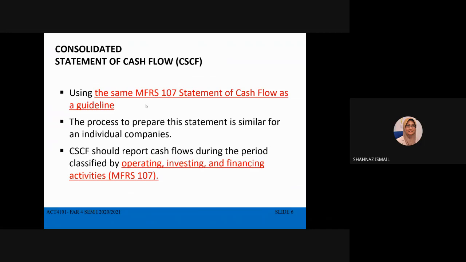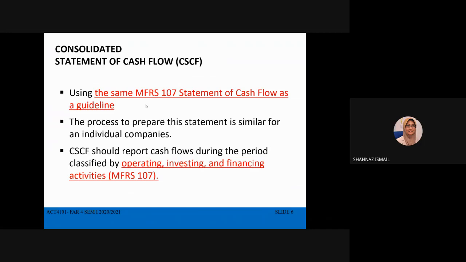Okay, so the process to prepare this statement is similar for an individual company. So masa anda belajar sebelum ni adalah berkaitan dengan individual companies. You prepare the cash flow for individual companies. So now let's look at preparing the cash flow for group purposes. So therefore,